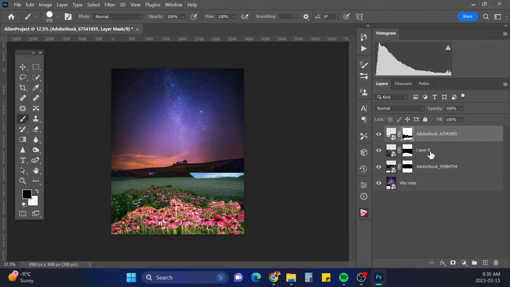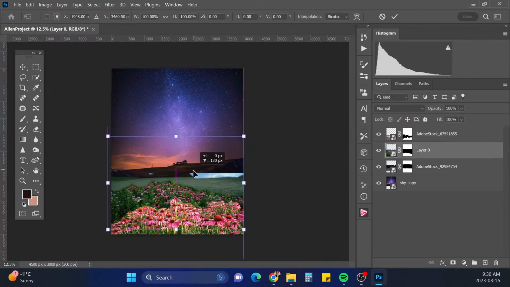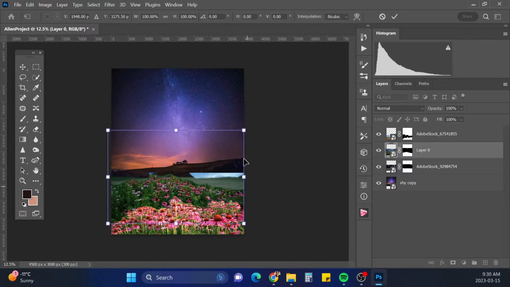Okay, this layer, just gonna move it up a bit.